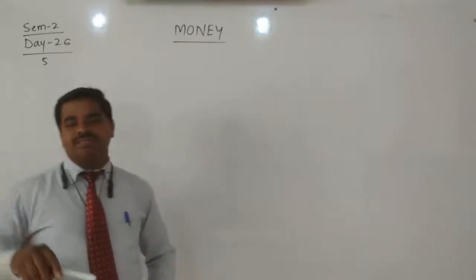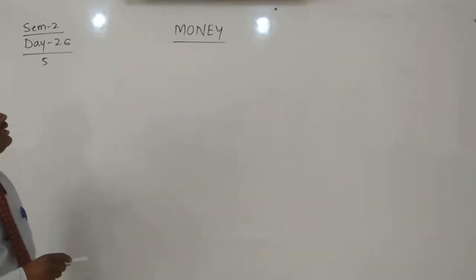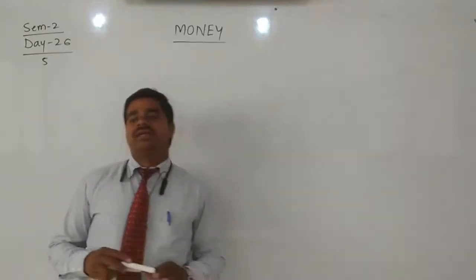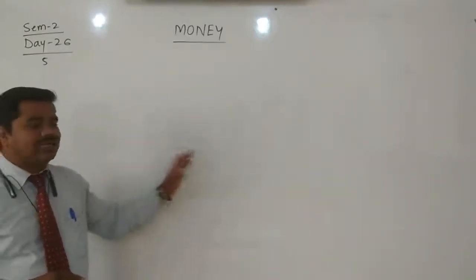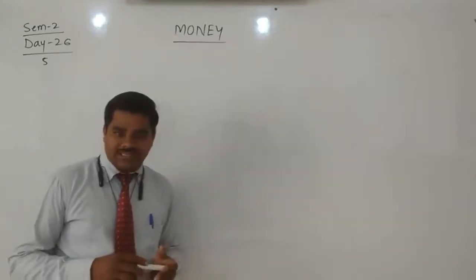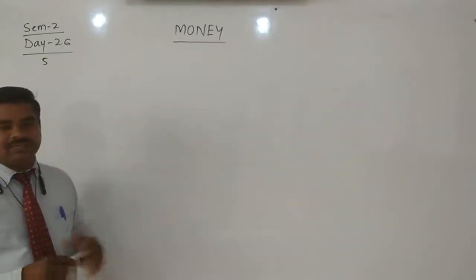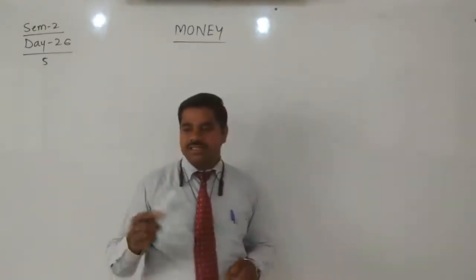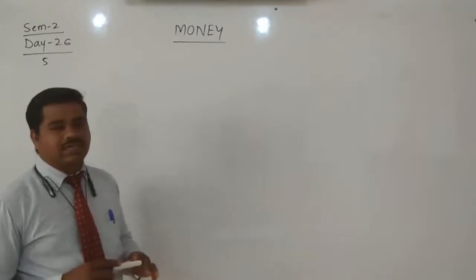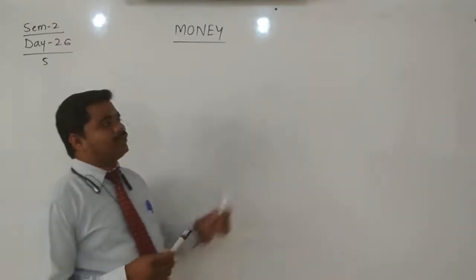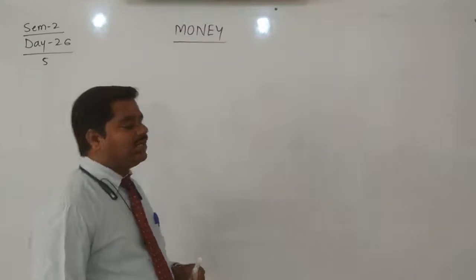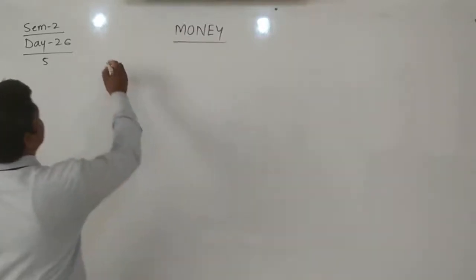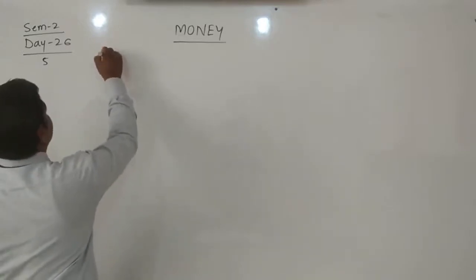In this morning's session, we discussed the money lesson: conversion of rupees and paise to decimal form, and decimal form to rupees and paise. You can write rupees and paise separately, and in fractional form, writing them as a mixed fraction with an integer, numerator and denominator. We also covered addition and subtraction. The next operations are multiplication and division, and in this session we will discuss the multiplication and division of money.